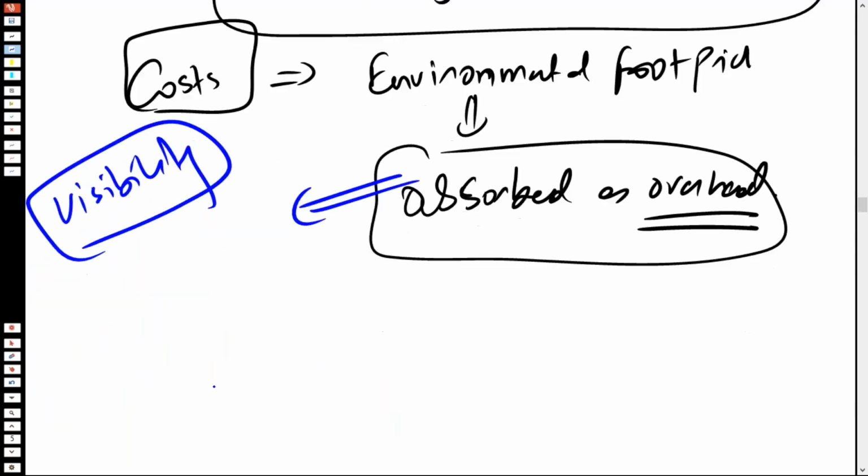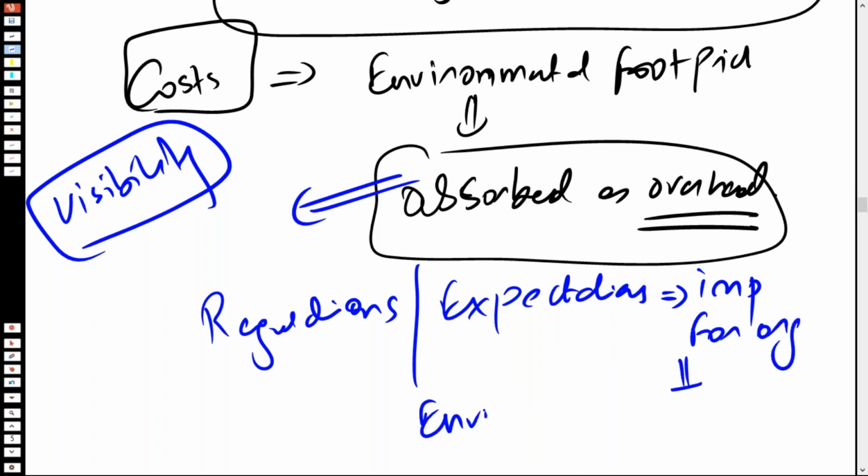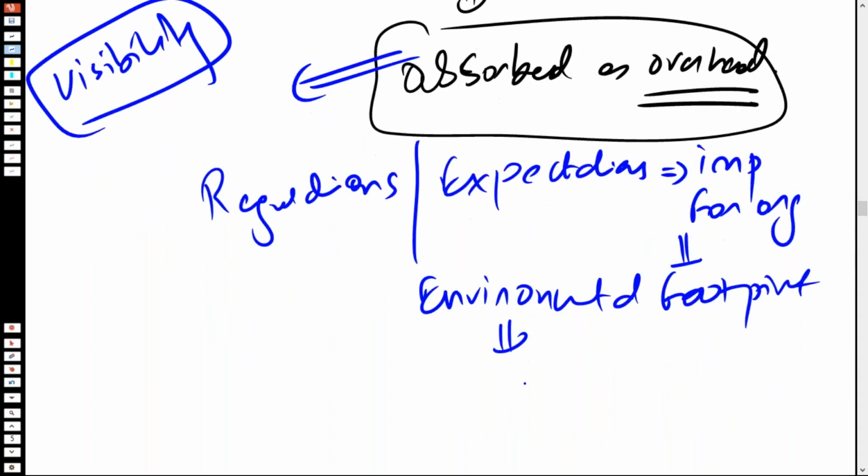And in the present day, because of different types of regulations and different types of expectations from the users also, it has become important for organizations to ensure that they are able to minimize their environmental footprint and also to show to the society